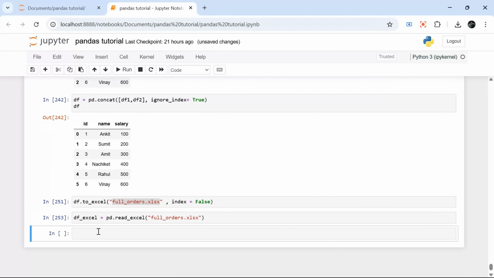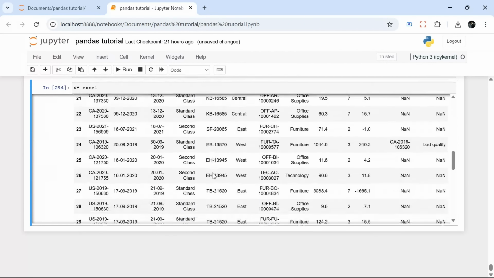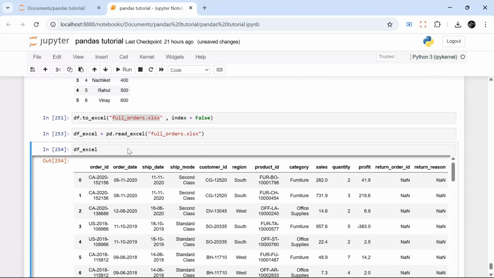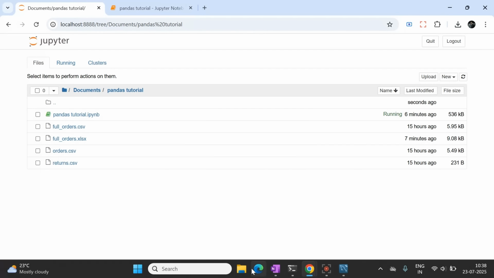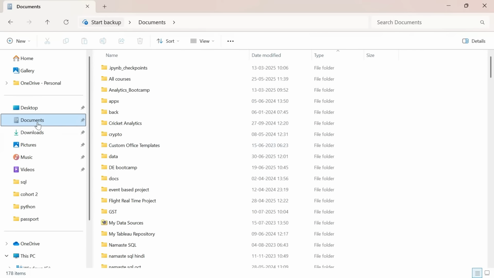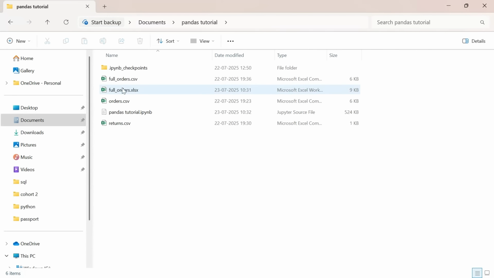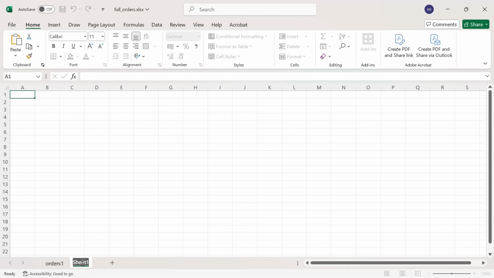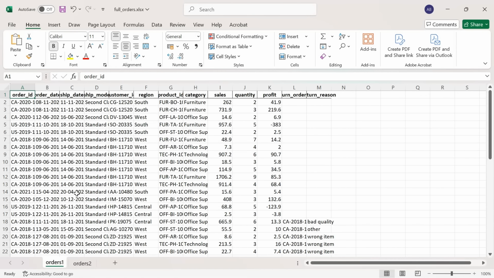Okay, great. Now, if you look at the data, df_excel, we have the data. We have just read the data, right? It has return order ID and return reason. Now, what we can also do, Excel can have multiple sheets, right? So let me go to the Excel once again. Documents, pandas tutorial, and this is my Excel. Let me create one more sheet. I will call it orders one. And let's create one more sheet, orders two, and in this I will just keep 2 3 rows